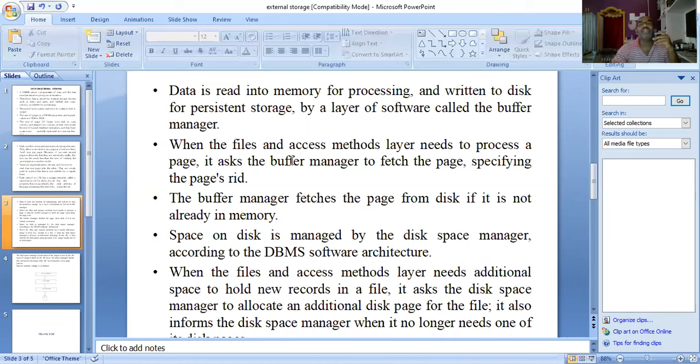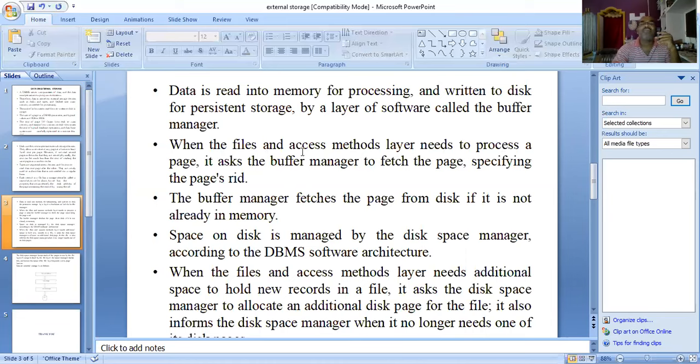When the files and access methods layer needs to process a page, it asks the buffer manager to fetch the page, specifying the page's RID.